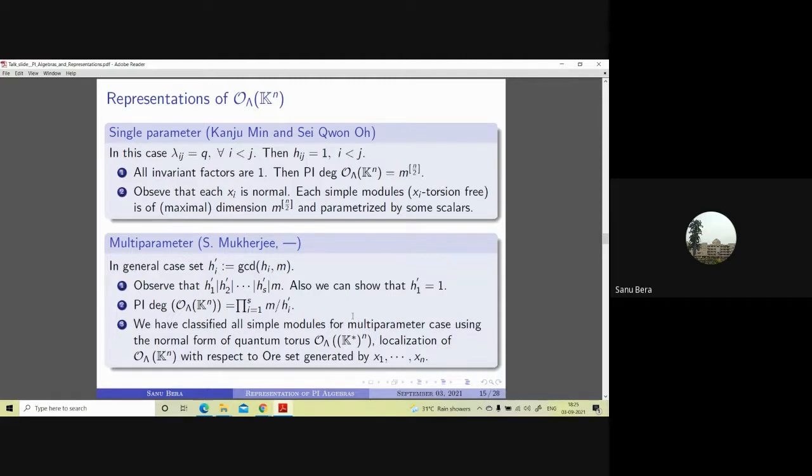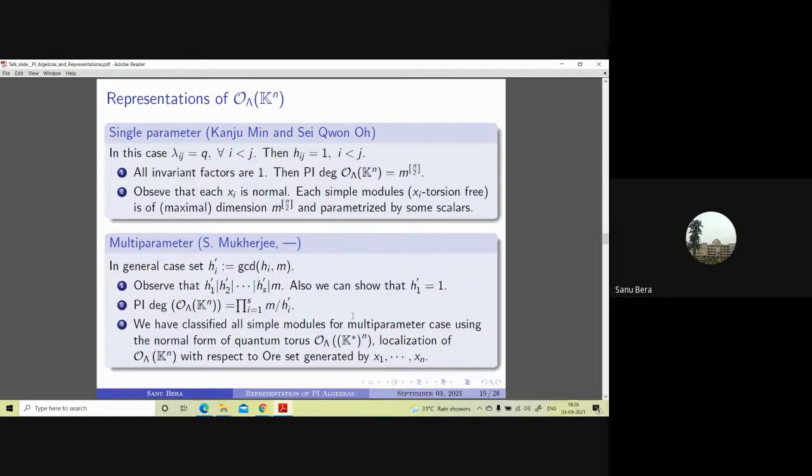So all xi torsion free simple modules have been constructed and classified by Kanjumin and Sequano in his paper. All these xi torsion free simple modules are of maximal dimension. That dimension is actually m to the power floor of n by 2. That is actually the PI degree. Maximal dimension is of course the PI degree that I have defined previously, and these simple modules are parameterized